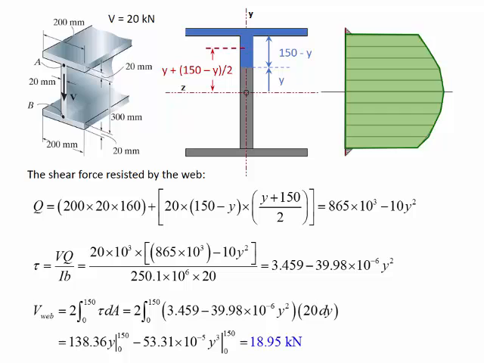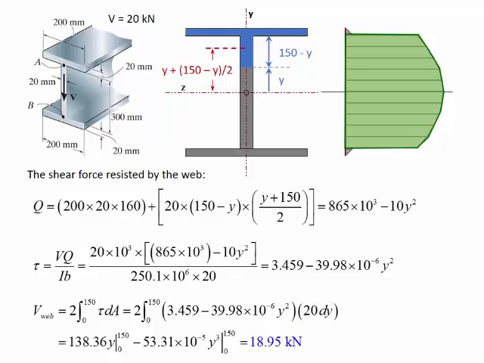And then note that I'm multiplying the shear stress times a differential area and varying from 0 to 150 because my variable of integration is going to be y. So that means that I have to write dA as a function of y, which is the width of the web times dy. So I end up with a simple definite integral, and when we integrate from 0 to